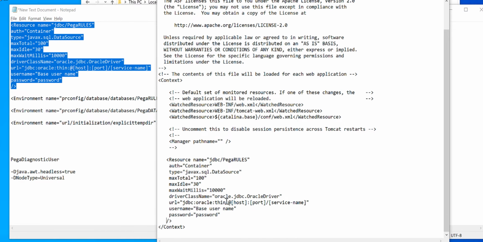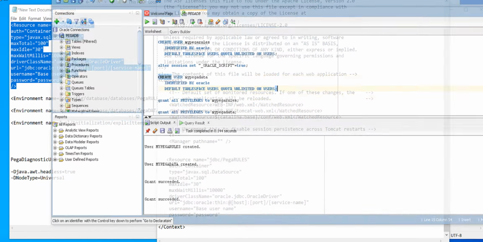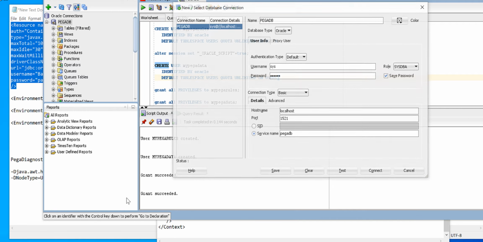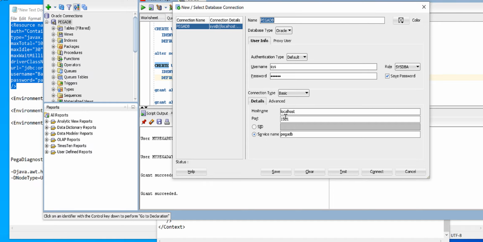Once you place this snippet, you need to modify a few properties here: the host name, port, and your service name. You can get this information from your SQL Developer tool. If you right click on your database and click on properties, you can see host, port, and the service name.